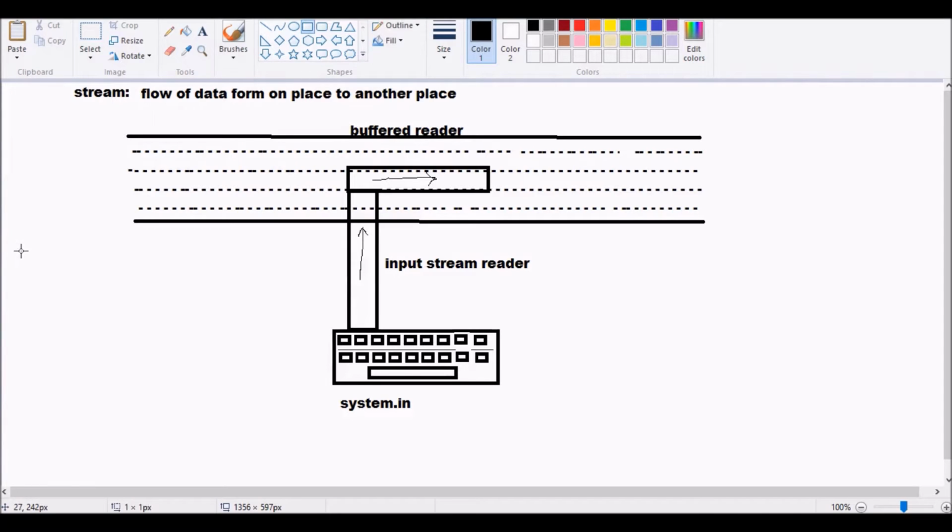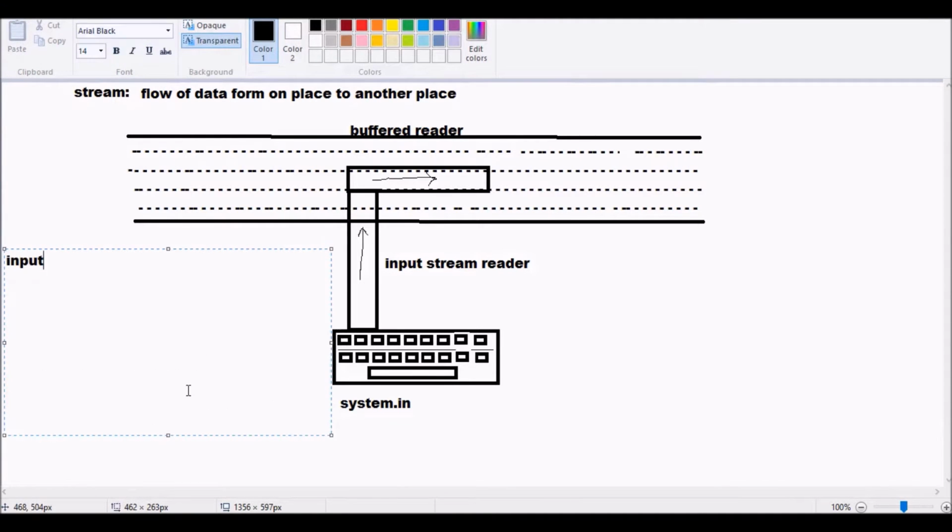How will we do this in Java? Let us see here. We know InputStreamReader is a class. We are connecting InputStreamReader to System.in.